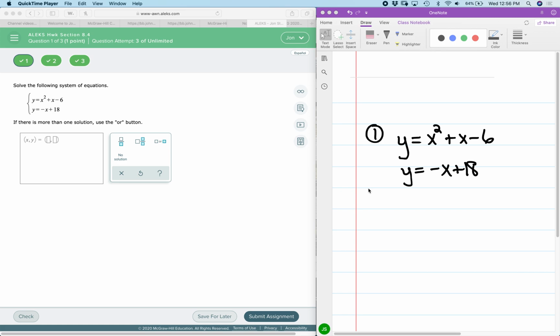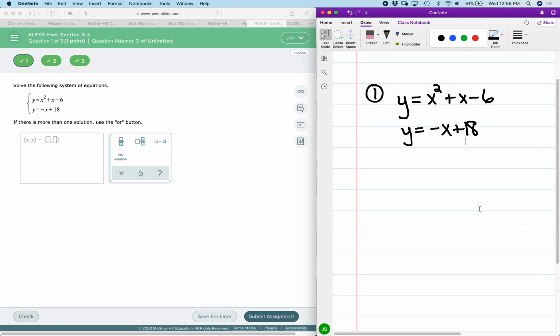Okay, for what we have in section 8.4, we're looking at solving for x and y. For this system of equations, we're looking for the values of x and y such that y equals x squared plus x minus 6, and also where y is equal to negative x plus 18. Since we're looking at the same y values, we can set